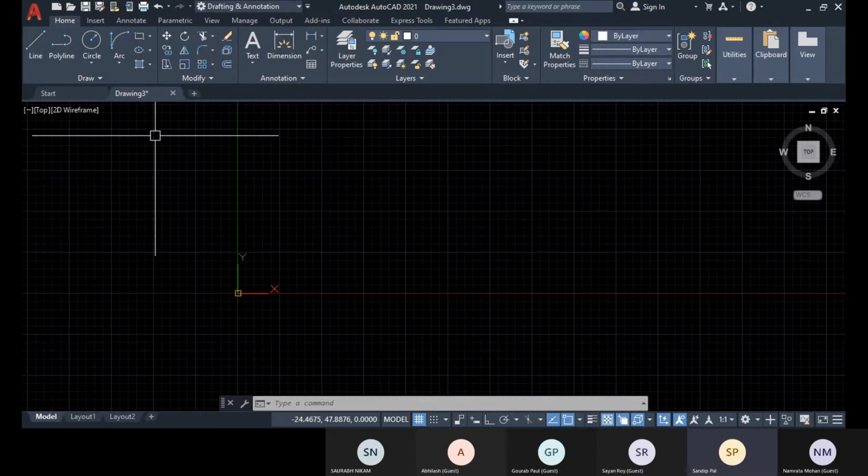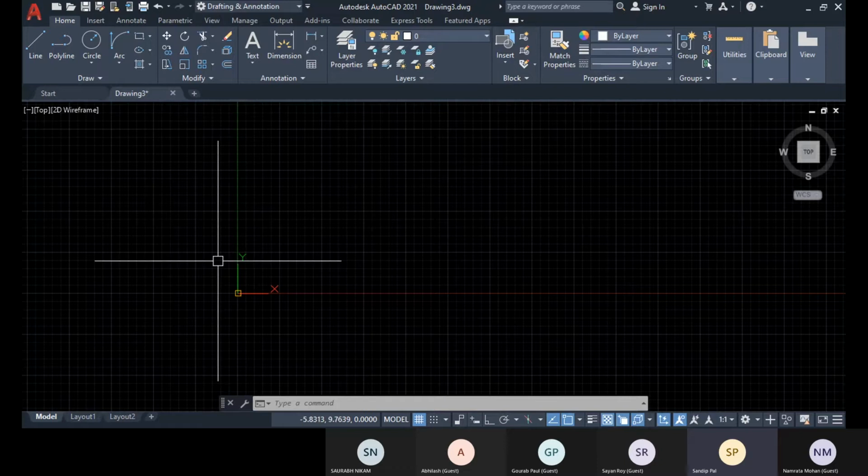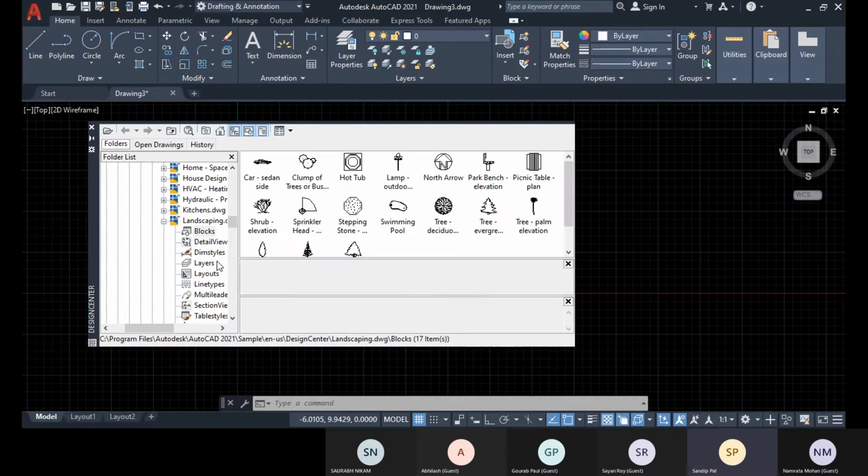If I have a project file, and within that project file I have saved one block, without opening that drawing file I can access that block. So for that I have Control 2 shortcut for your library, that is your design center.